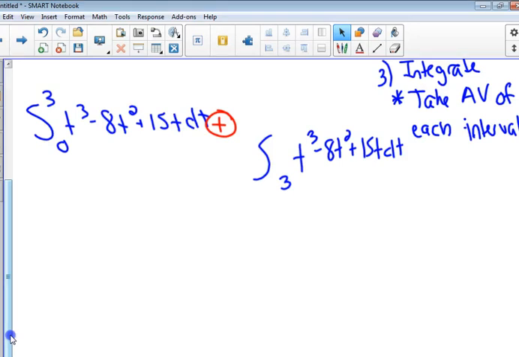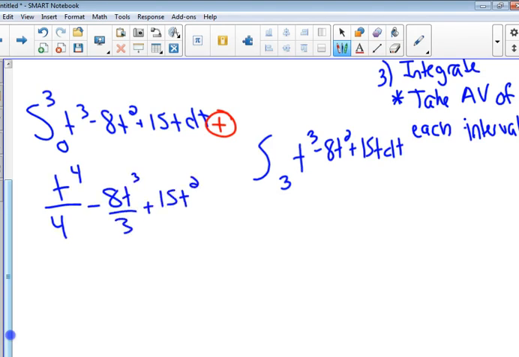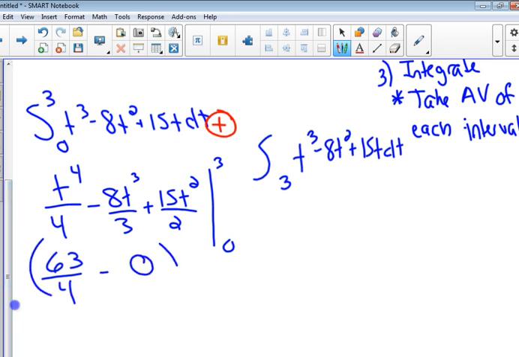Alright, so I'm going to start putting up some of this in case you want to check as you go. When we plug in the 3, we should have got 63 over 4. Minus we plug in 0, we get 0. And then this one we get 63 over 4. Alright, we're going to add that to